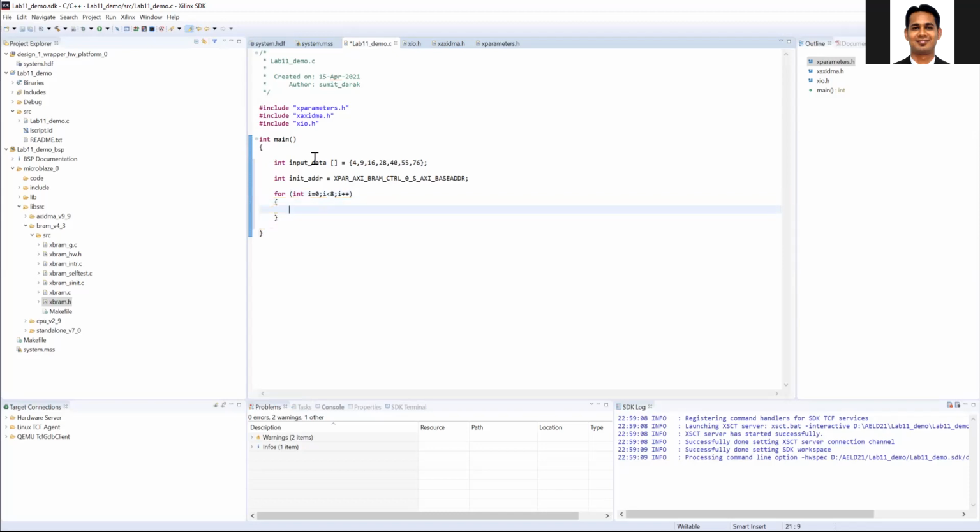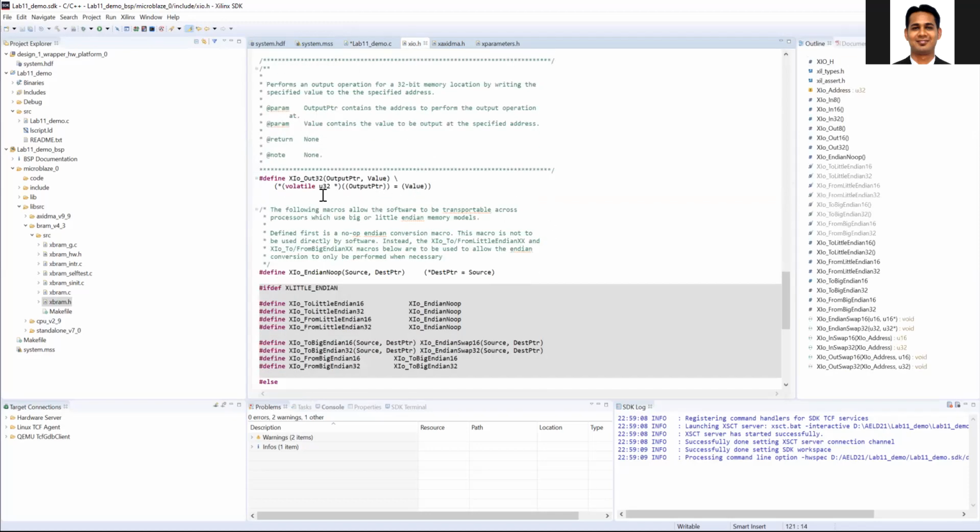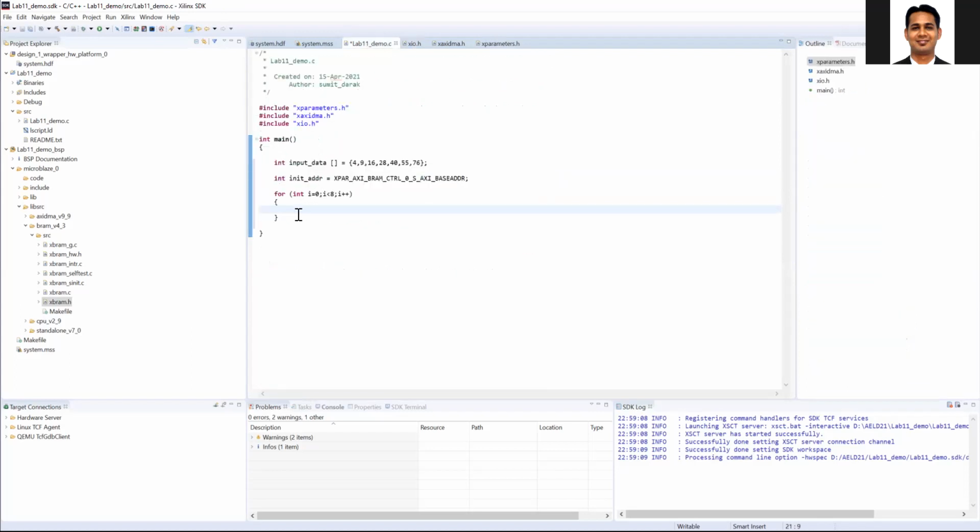The processor is preparing the data for the DMA inside the block RAM. We are going to use the Xil_Out32 function, where we need to give the address and the data to be written.